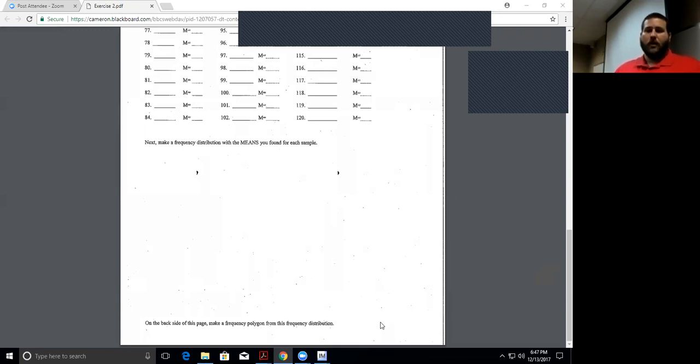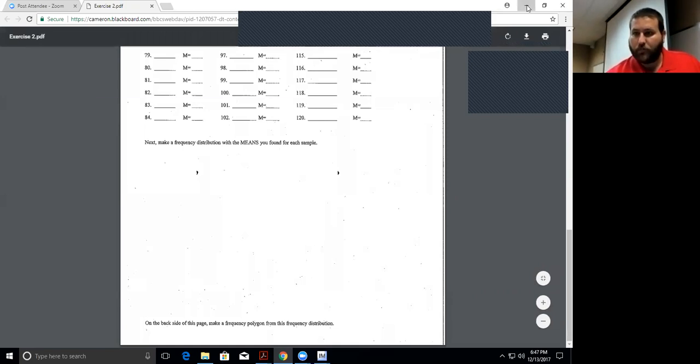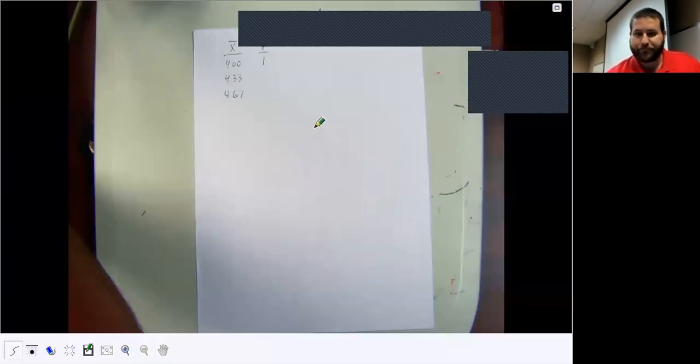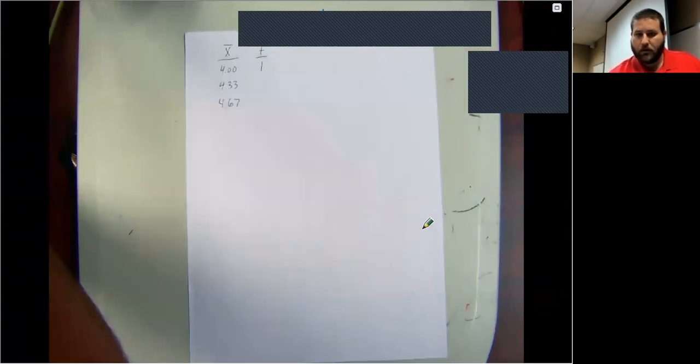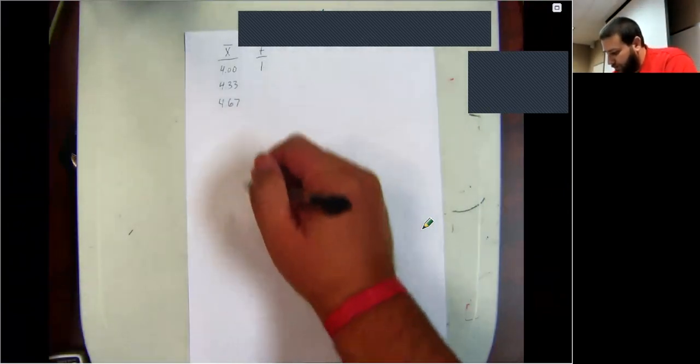So just as the book talks about normal distribution and you learn about the normal curve, we should see that type of curve or close to that type of curve when we make our frequency polygon. And so the last thing I'm going to show you before we end this video is just to go back to the document camera